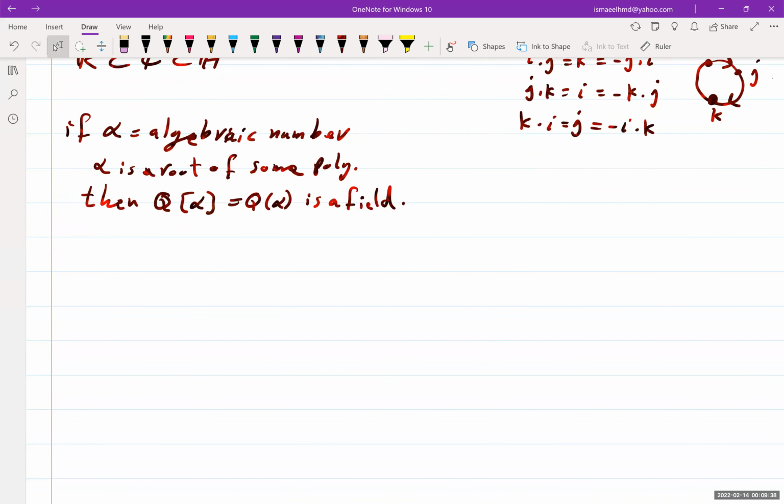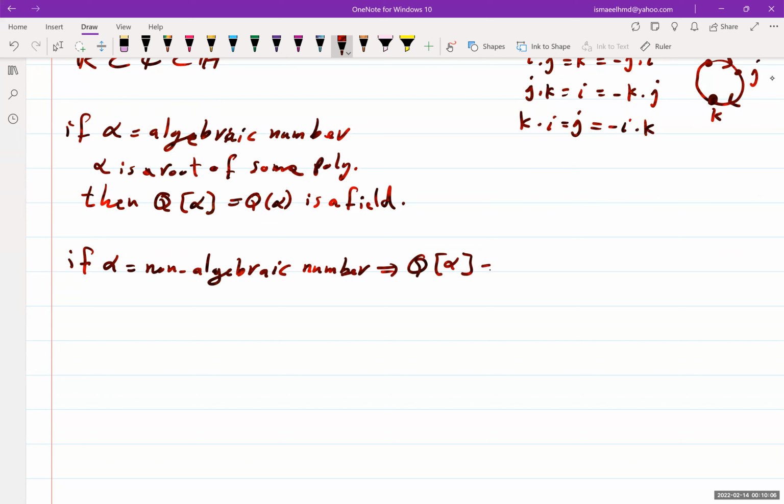But if alpha is non-algebraic, or a transcendental number, then Q of alpha is not a field. For example, Q of pi is not a field